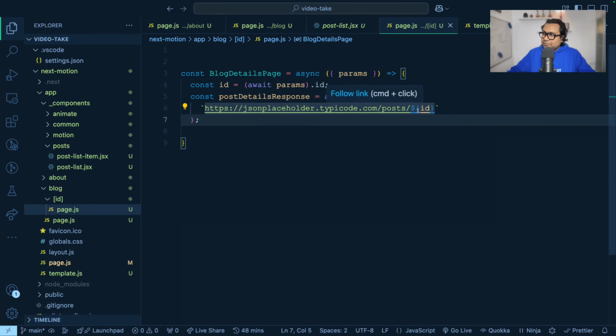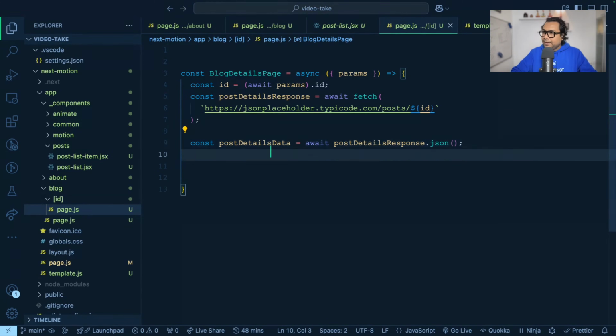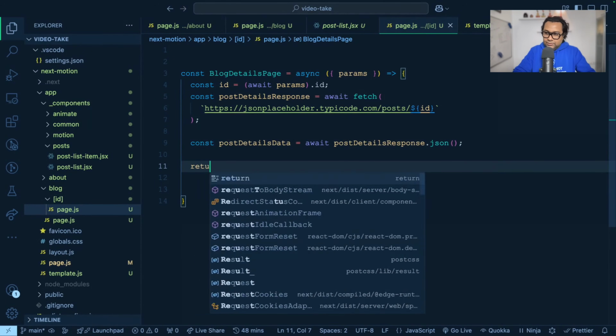Same API, but I'm just passing the ID so that I can get the details of that particular post. Now from this, I can get the post data. All right, so I got the post data, and then I can return